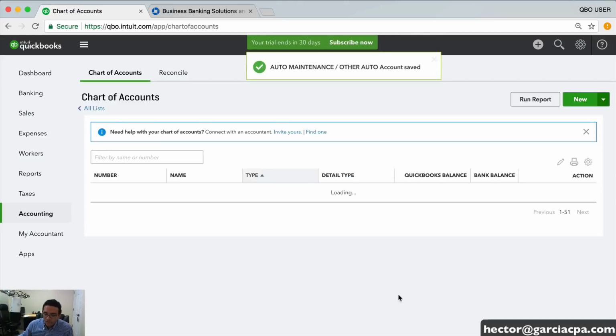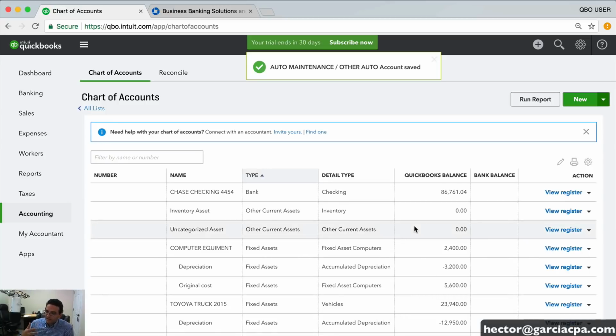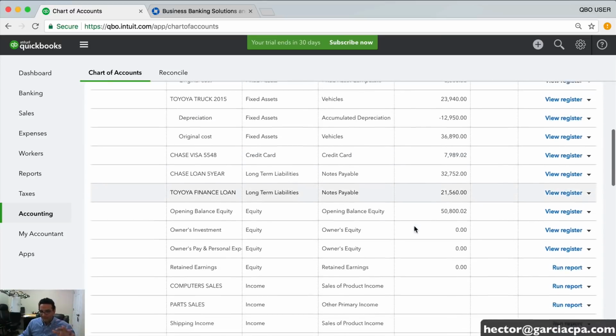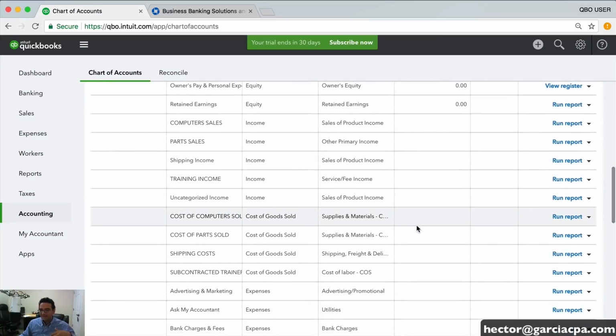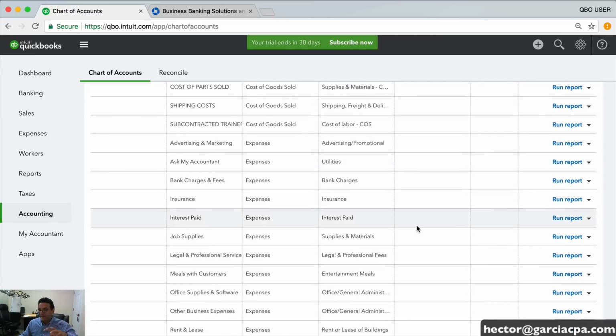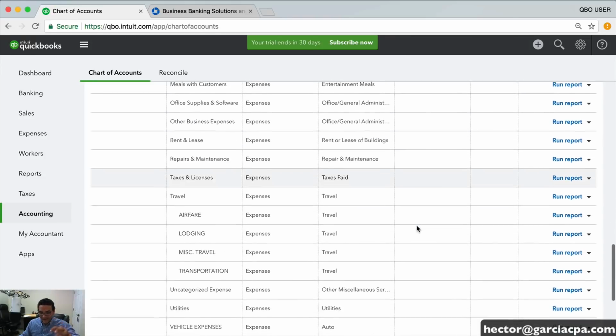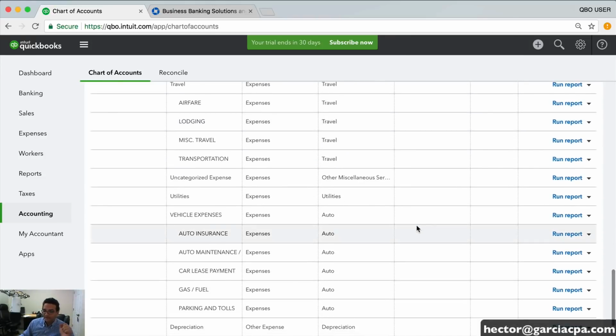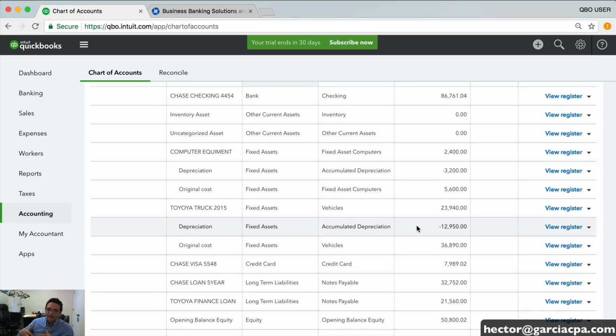Perfect. So now I got a real nice chart of accounts. I got my balances, bank, credit card, loans. I got depreciation of some of my assets. I have my income categories the way I want them. I have my cost of goods sold categories the way I want them. I have my expense categories, hopefully the way I want them. I even got some subcategories. And I know it took a long time to get here, but a nice setup, nice chart of accounts, good preferences gives you a real positive experience right